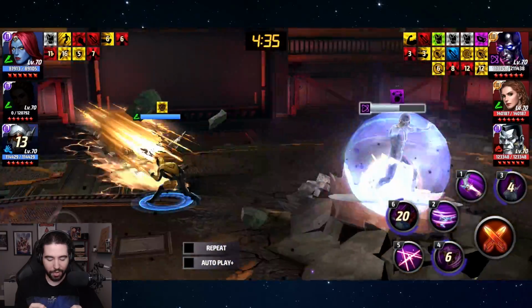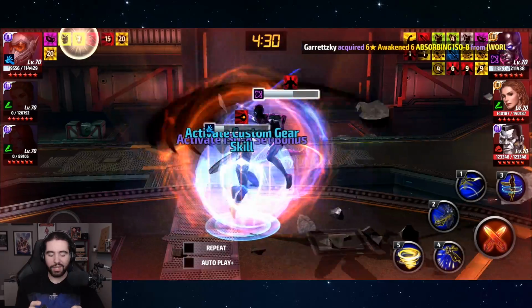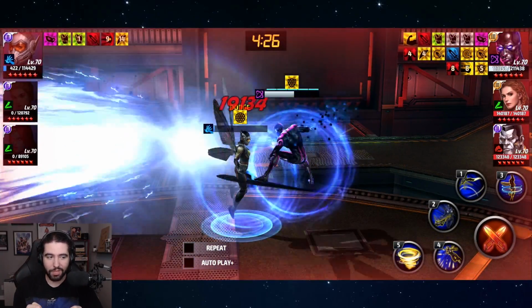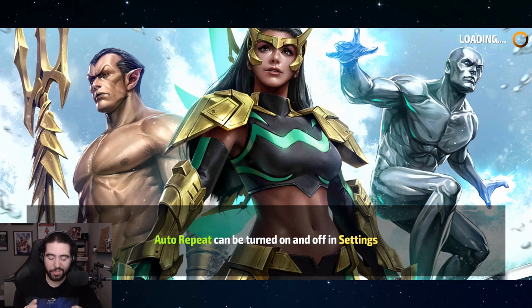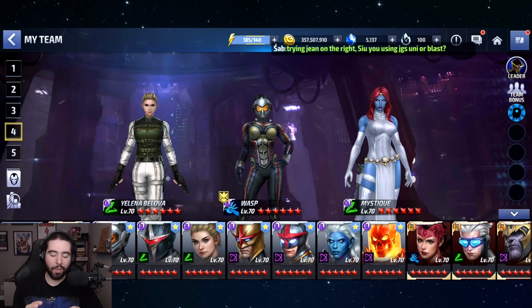Here I'm getting guard broken like crazy because she doesn't have a guard break immunity. Yeah, okay. We didn't kill him there, but I showcased Yelena. She killed Silver Surfer multiple times. You're going to have to play around with it yourself. Obviously, I'm not going to show you perfect runs here. That's not the point of these clips. But the point is to show you that he's not invincible, he's not unstoppable, and you just may have to